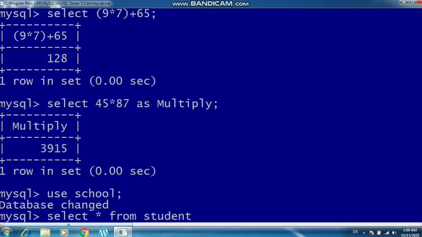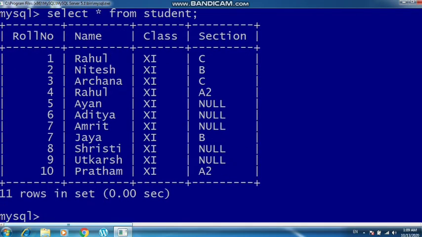Here I have inserted a few more columns to make you understand about the null value and all. So let us begin here. Now suppose I am writing select asterisk from student, so it is giving me the field names and whatever data we have inserted inside the fields. Now you can also notice here that roll number 7 is inserted twice and this student table has not given us any error. Why? Because I have not defined roll number as a primary key. To define any particular field as a primary key, I am going to show you in a future video.